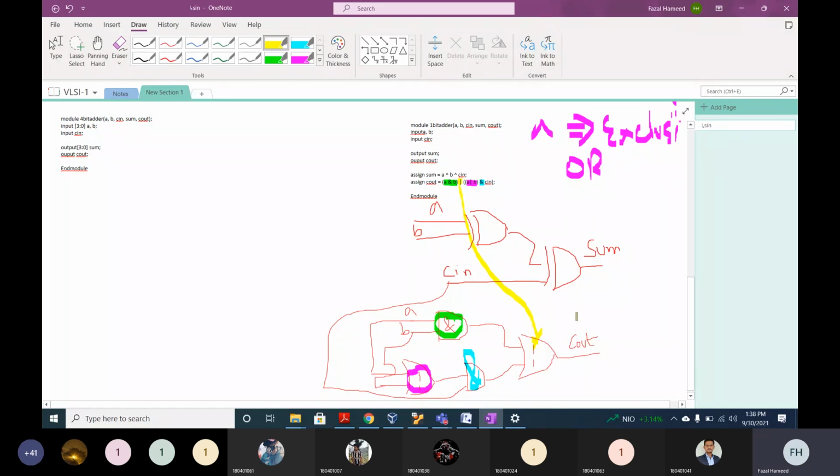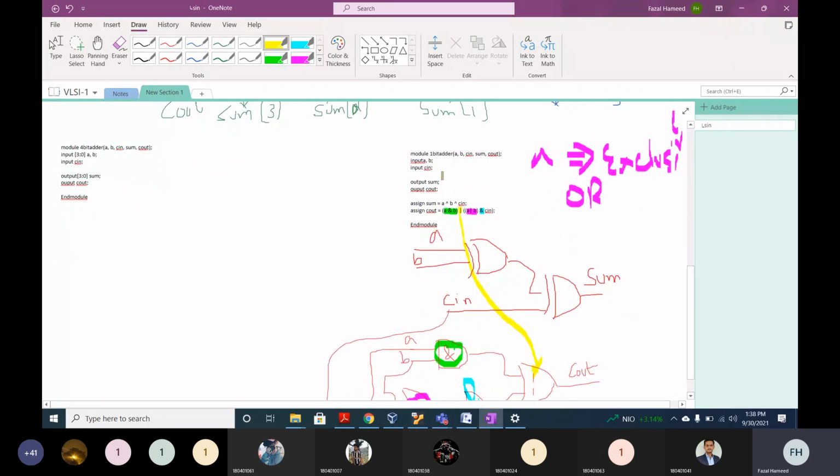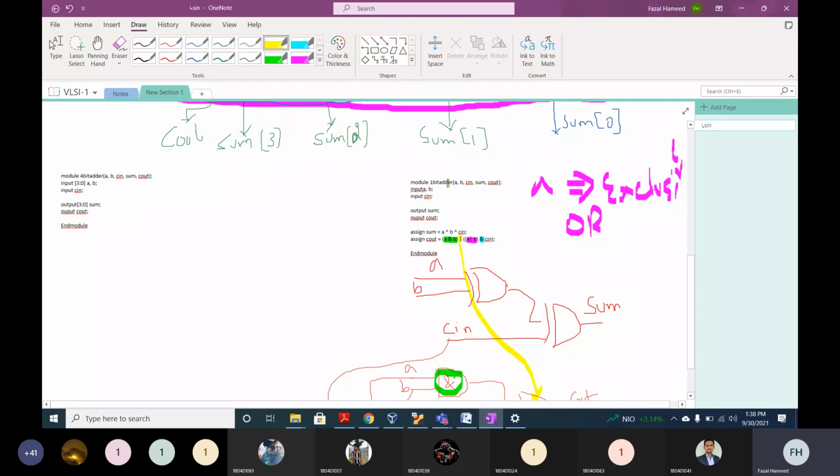We will study this in more and more detail in our upcoming lecture, how this gate has been realized, how this structure is realized. But if you look at this module, one bit adder, how many inputs are there to this one bit adder? What are the inputs? Sir, A, B, and C in. And sum and C out are outputs. So now just concentrate on this. Forget about the code that is written on the bottom. I just wanted to tell how we are using the structured description.